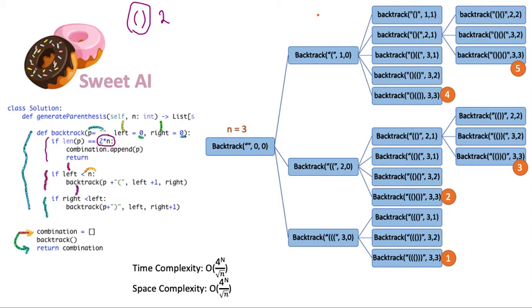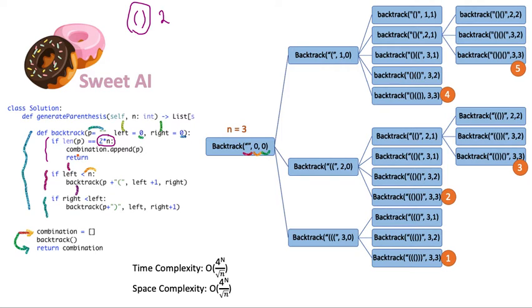So what I'm going to do is go through this illustration, so this way you can have a better understanding of this code. So we start the backtracking with an empty string, and we start with 0 open parentheses and 0 close parentheses. We call the backtracking function, and